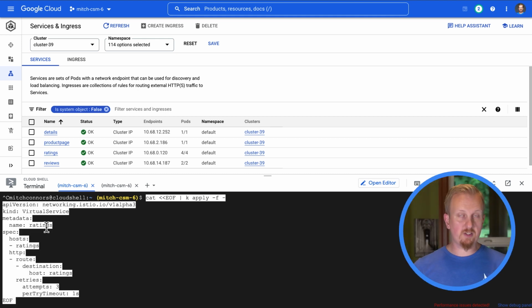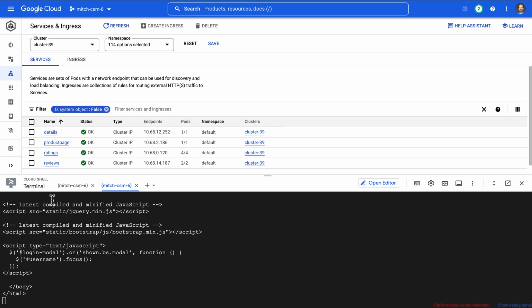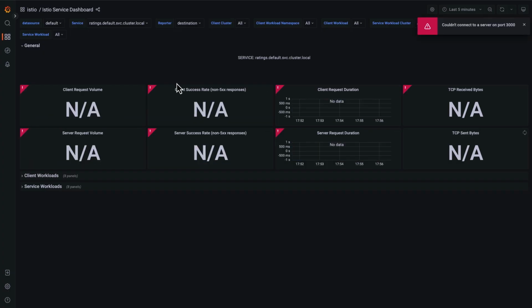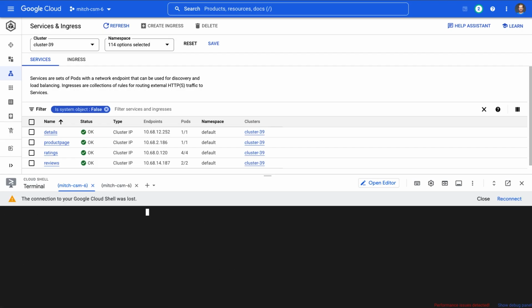All right, taking a look at this virtual service, it's for the rating service, which we saw was taking too long. And specifically, we're telling anyone who's calling the rating service that they should retry up to 3 times, and on each of the retries, only wait a second for it to respond. Because if it's going to take 7, we just want to try again and see if we can get away from this service. Let's go ahead and try that. We'll try applying that. I've got a load generator in a bash loop over here that's going to maintain load on the service. Oh, I've closed my Grafana dashboard, so I've got to open that back up again.